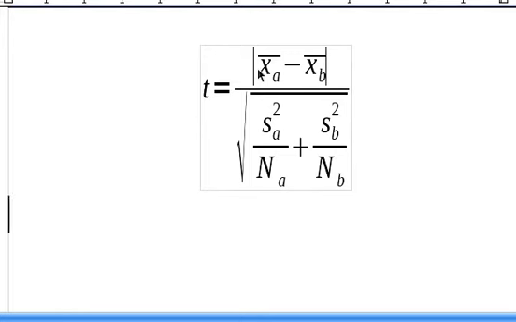And the same logic applies when we're talking about the t-statistic for unrelated samples. Here we have 2 different averages that we're computing, the average for group A and the average for group B. For group A, we're going to have n sub A minus 1 degrees of freedom, and for group B, we're going to have n sub B minus 1 degrees of freedom. So when we're calculating the t-statistic for unrelated samples, we have n sub A plus n sub B minus 2